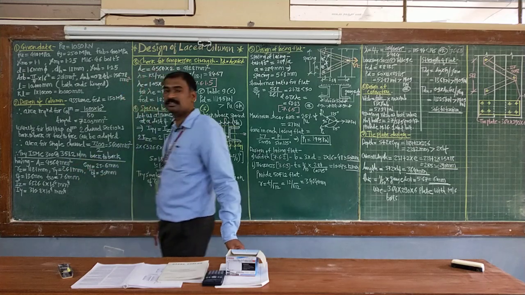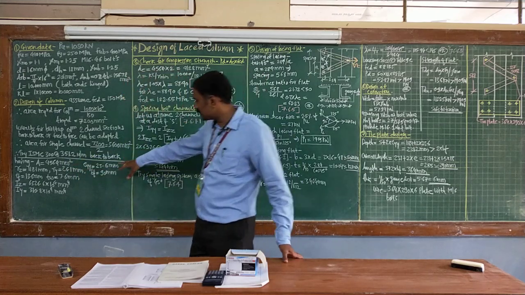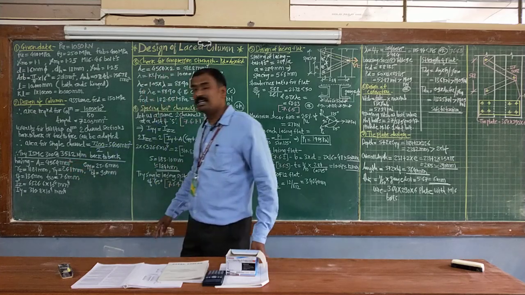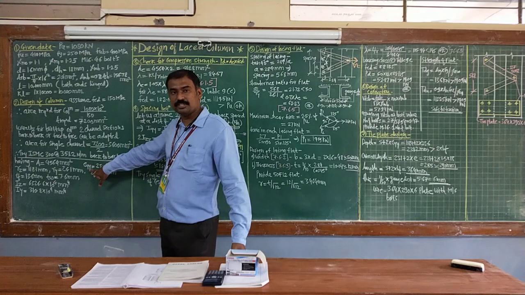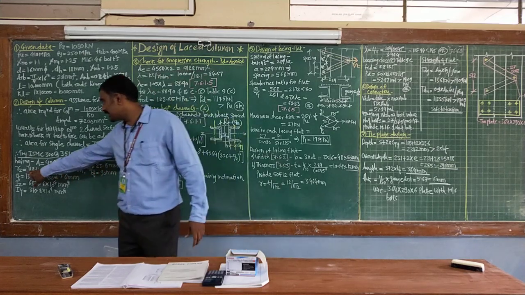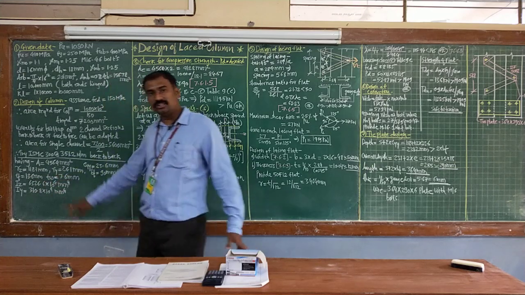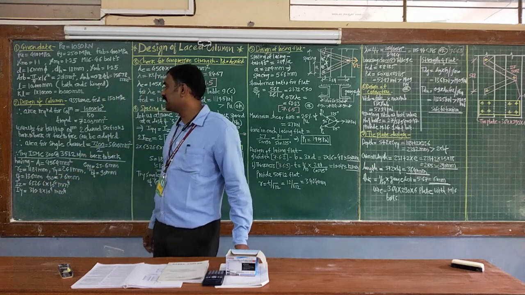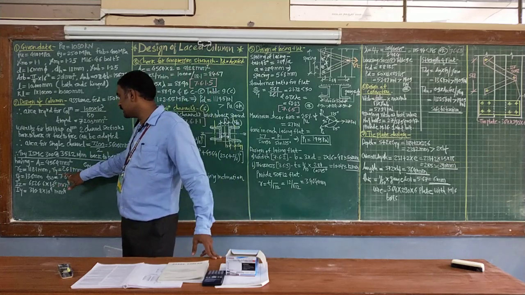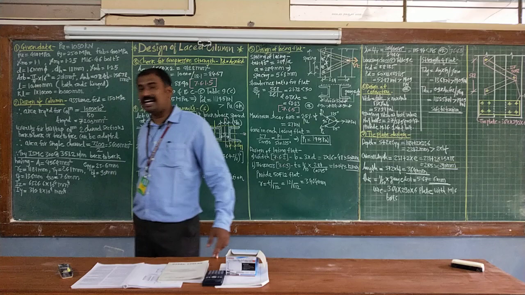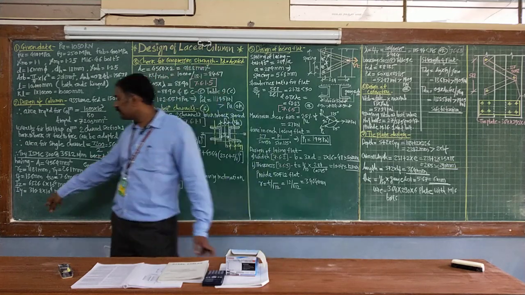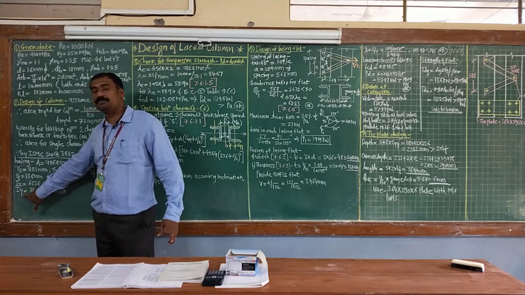Copy down the properties from the steel table, which I have just written here. The cross-sectional area is 4564 mm². Then CG along the y side, Cyy value is 23.6. Then radius of gyration along the z axis and along the y axis. Along the z axis, that is the major axis, rz is 118.1, and along the minor axis, ry is 26.1. Then thickness of flange, thickness of web, moment of inertia about the z axis, moment of inertia about the y axis.